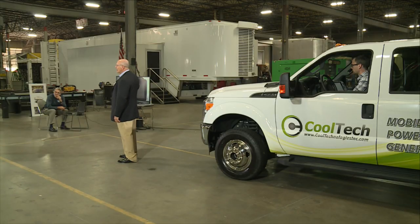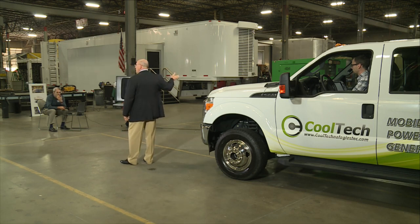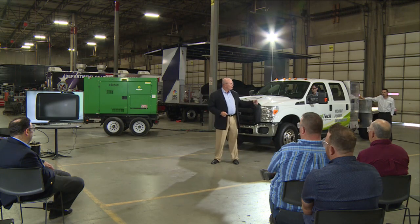We're going to be pushing product through to their customer base, and I'll also talk about what we're going to do in other markets and the sales force. But first, I want to demonstrate mobile power generation from the truck. We're going to power up a full 53-foot trailer, which is normally powered by a 75 kilowatt generator built inside the front end of the trailer, the same size as this tow-behind generator you're looking at. This tow-behind weighs 6,000 pounds, and the same technology output